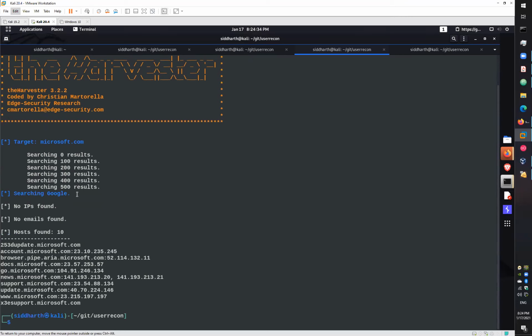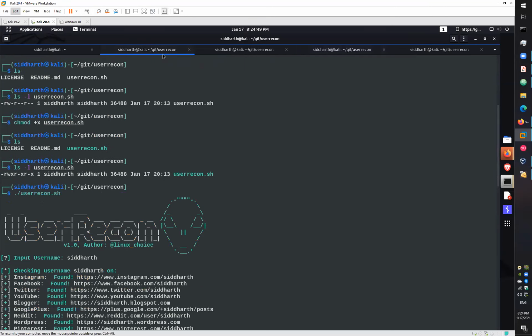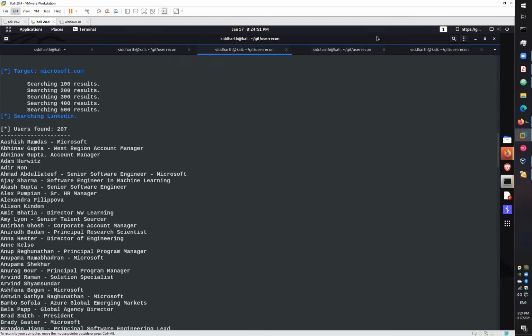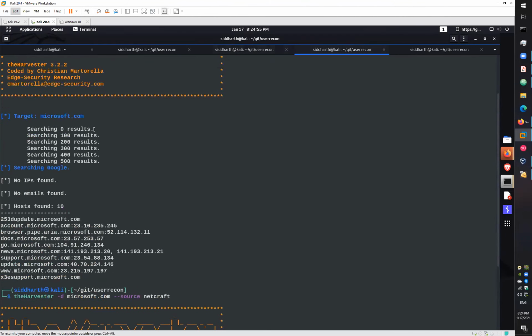Don't limit your results to one specific source like google.com. You can go for multiple sources, like Netcraft. Why is it giving an IP address instead of what we were searching for?